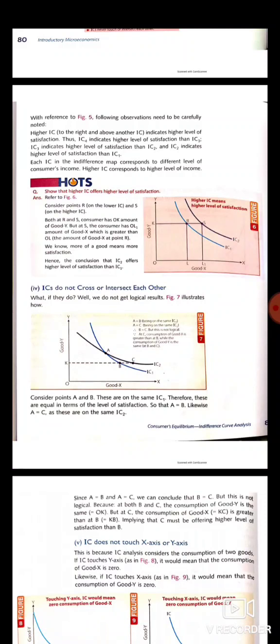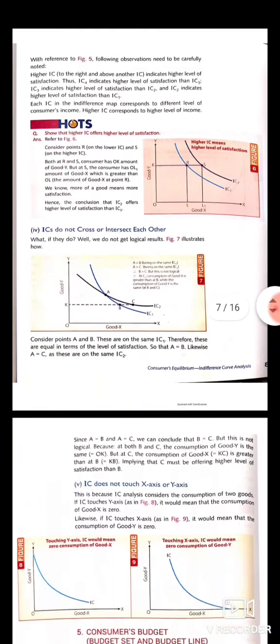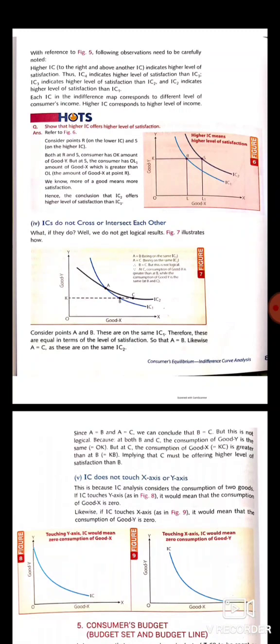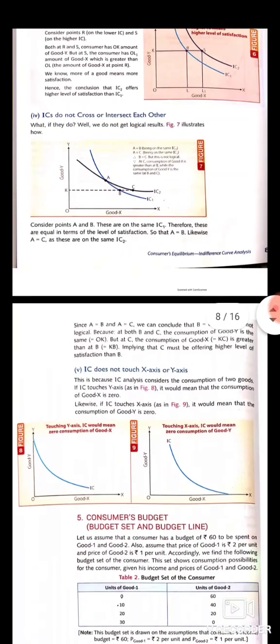so we can say that B is equal to C. But at point C, a consumer has more units of good X as compared to point B, but at both these points the units of good Y are the same. At point C, due to more units of good X, the level of satisfaction will be more. But from the figure we are concluding that point B is equal to C, which is not possible. So it is clear that two indifference curves will never intersect each other.